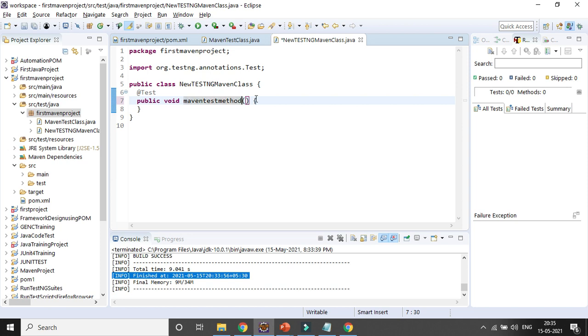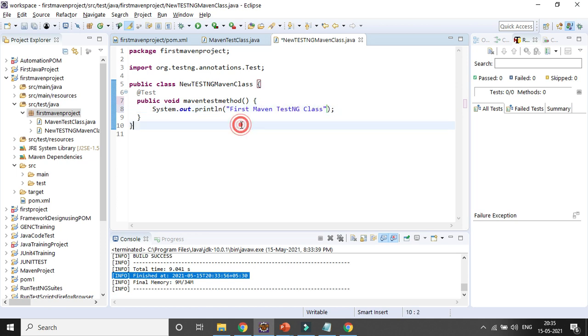Okay, and here I want to print something: First Maven TestNG class.